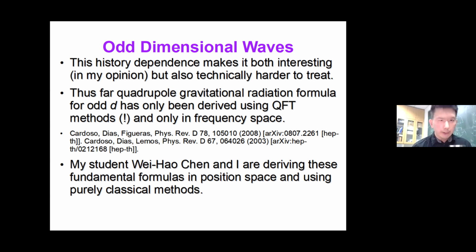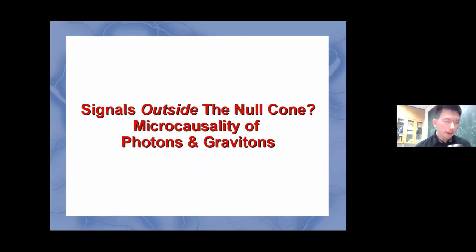So with my new grad student, I'm trying to revisit this problem since it's such a fundamental formula, but try to do it using purely classical methods and also in position space to gain some insight into what properties of the waves we really understand, and from what portion of the history the signals are dominated by. I hope I can go on for a few more minutes. Let me finish with